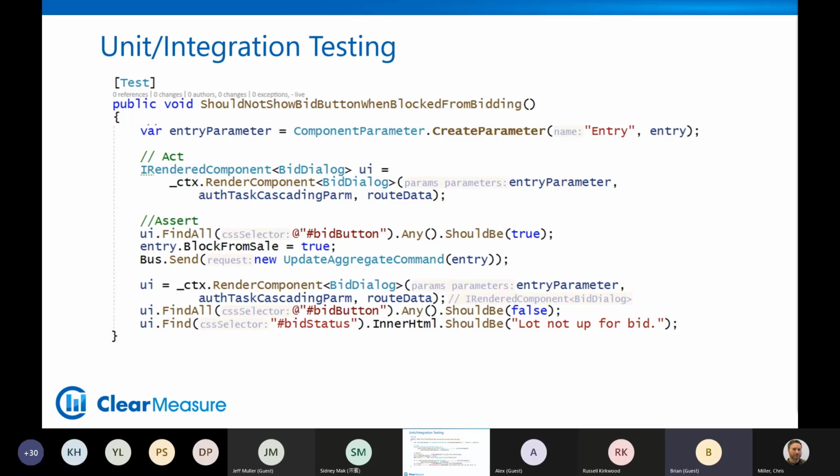Also, if you implement an MVC pattern in your Blazor components and separate the layout from your screen logic, then you're going to find it a lot easier to do Blazor component testing as well for the behavior.